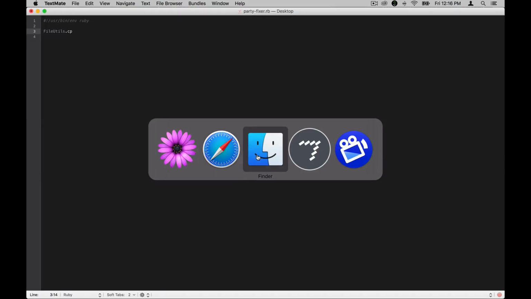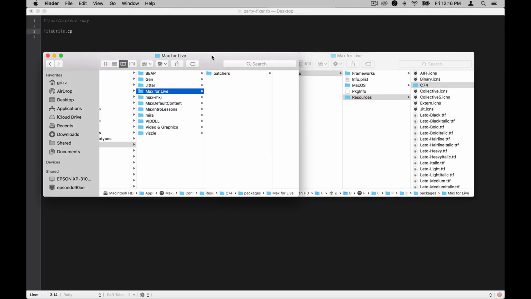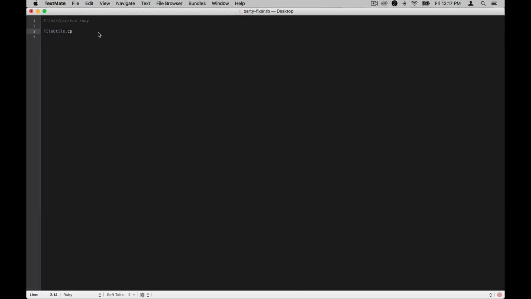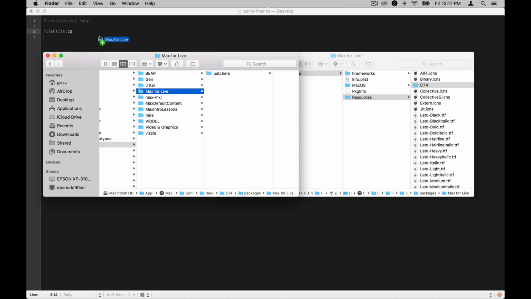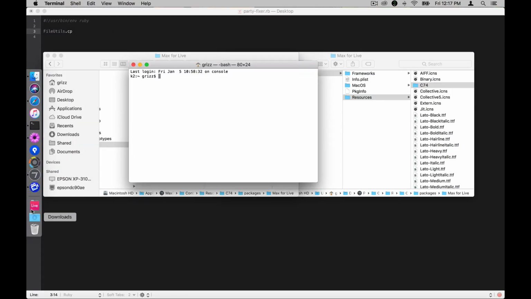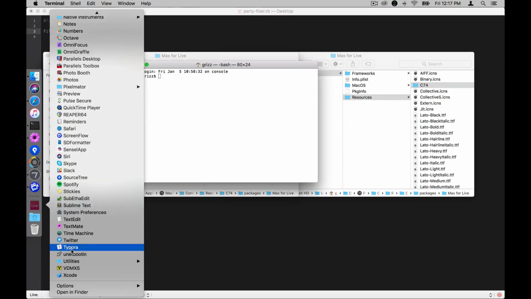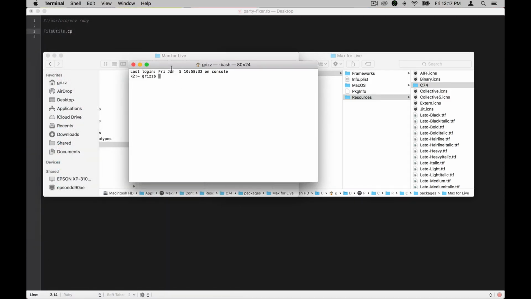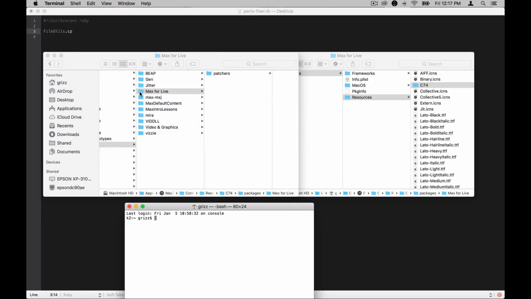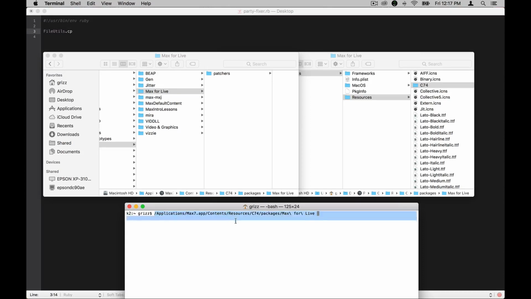So if I come to the Finder, I'm not sure if I can just drag this in here or not, but I'm going to try. Nope, it won't let me. What I can do is if I open up a terminal, this is on the Mac, but in Applications Utilities, there's the terminal app. This app, I know if I drag a folder onto it, it will give me the path to that folder. Okay, so I can copy that path,